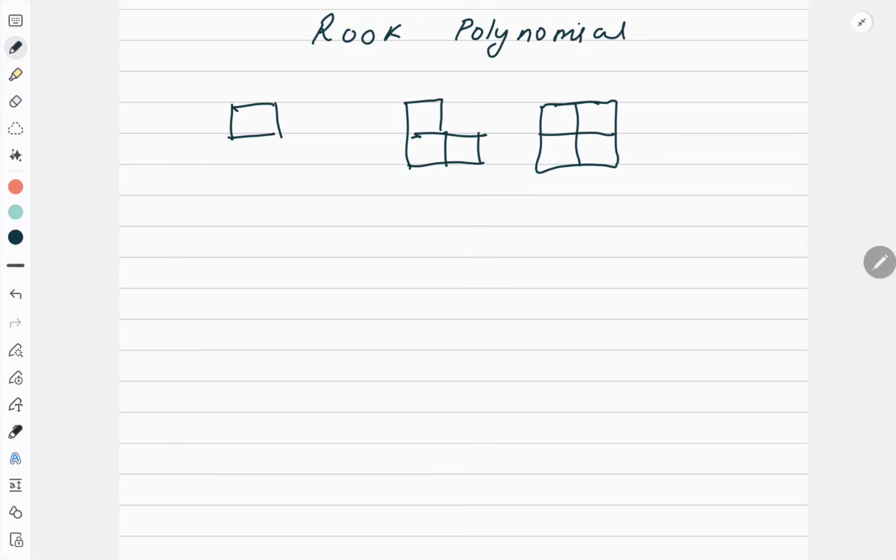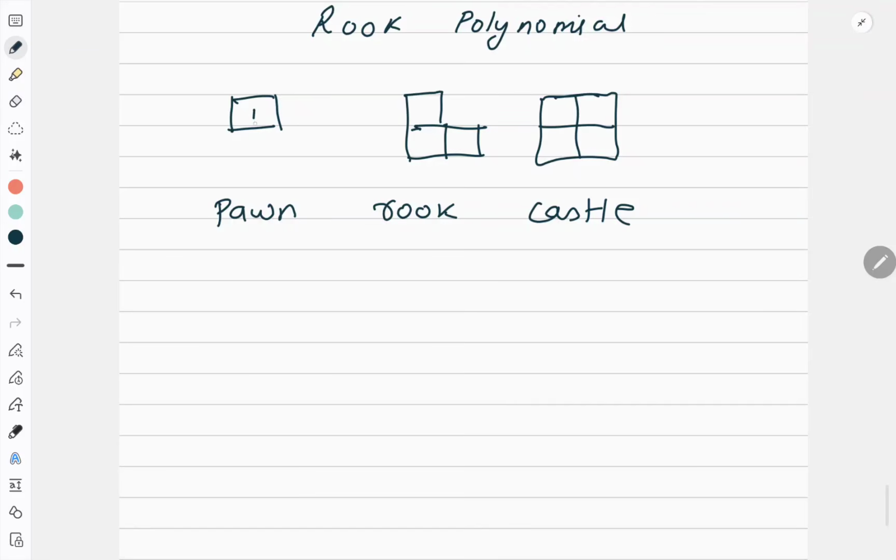And in this board, I am placing a pawn, which is also known as rook, which is also known as castle, right? So I want to place them. While placing, I will be following pigeonhole principle. What is that principle? The principle says that in one square only one pawn can sit. So every possible place only one pawn can be placed. So this is the one thing. You have a board which is named as C and you have a pawn.